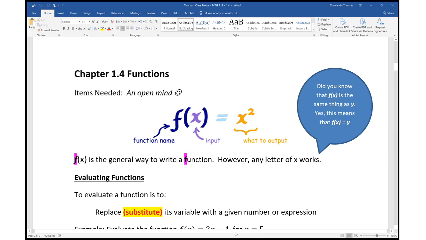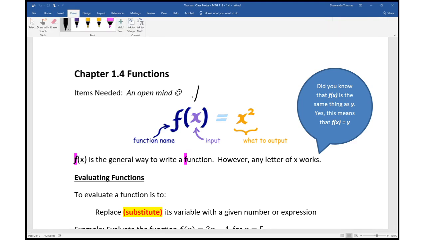Functions. Let's take a look at an example of a function. f of x equals x squared is an example of a function. This is read "f of x." So practice saying that, because pre-calculus algebra